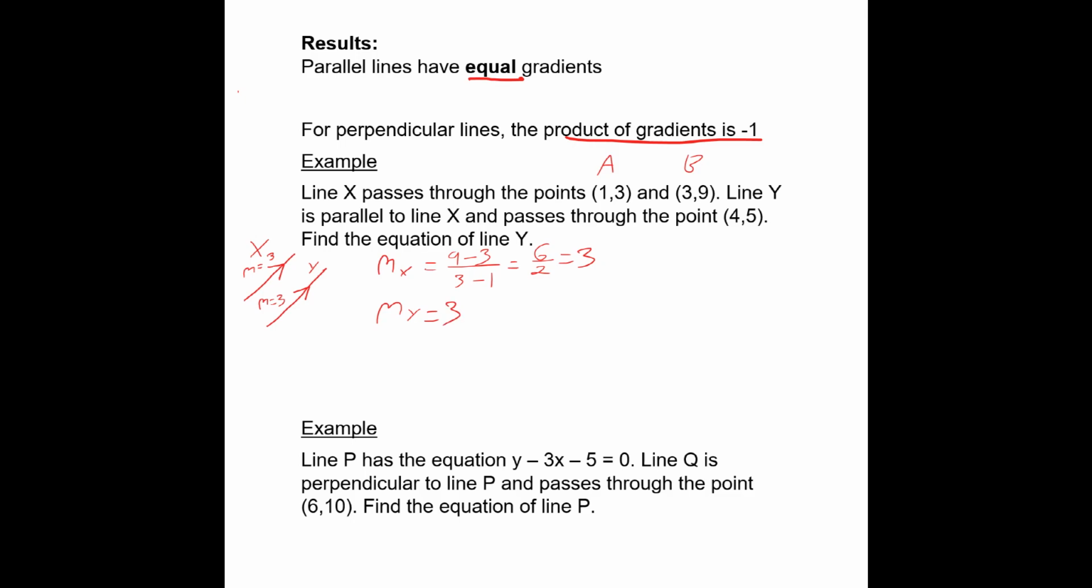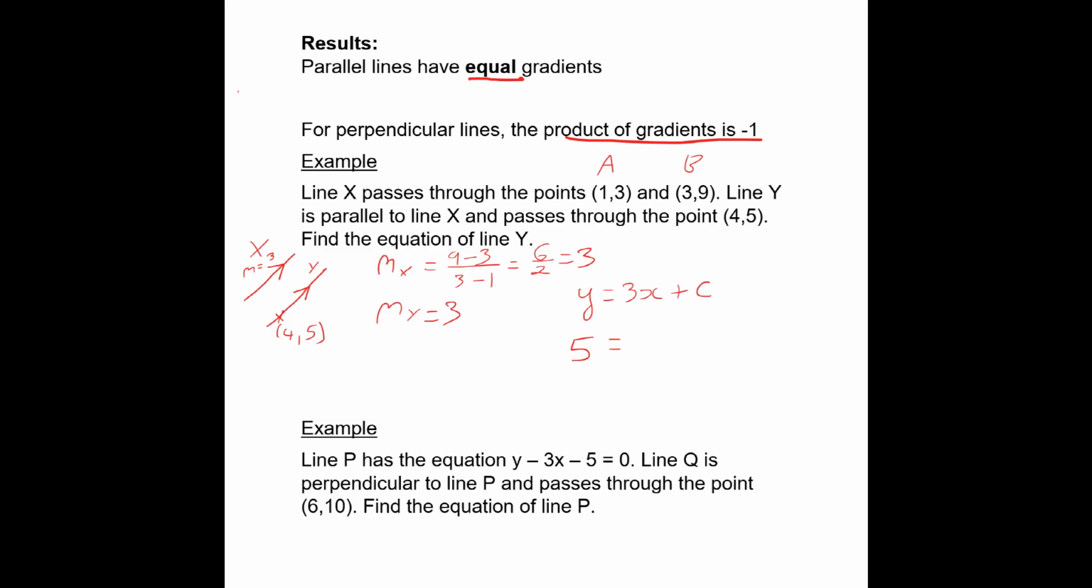So the equation of line Y is going to be y equals 3x plus c. But I do not know what c is. The only thing I really know about Y, other than the gradient, is that it passes through the point 4, 5. So that could be there, for example, 4, 5. So what that means is when y is 5, x is equal to